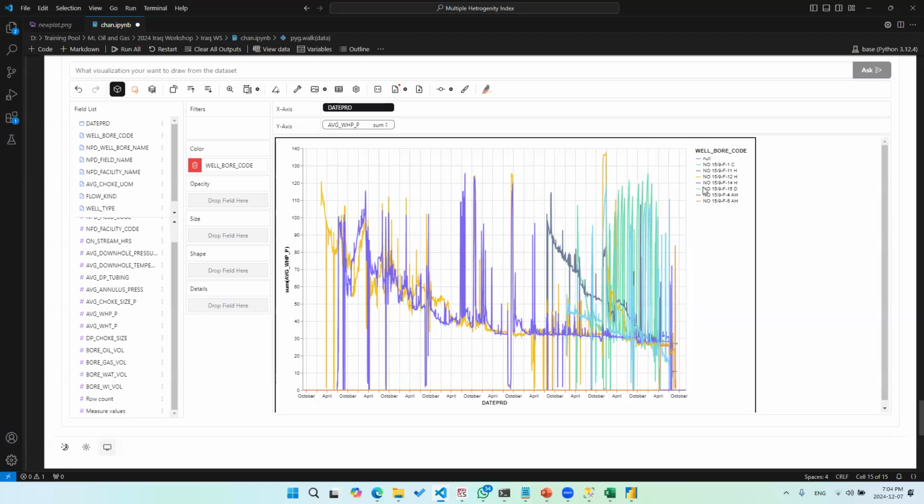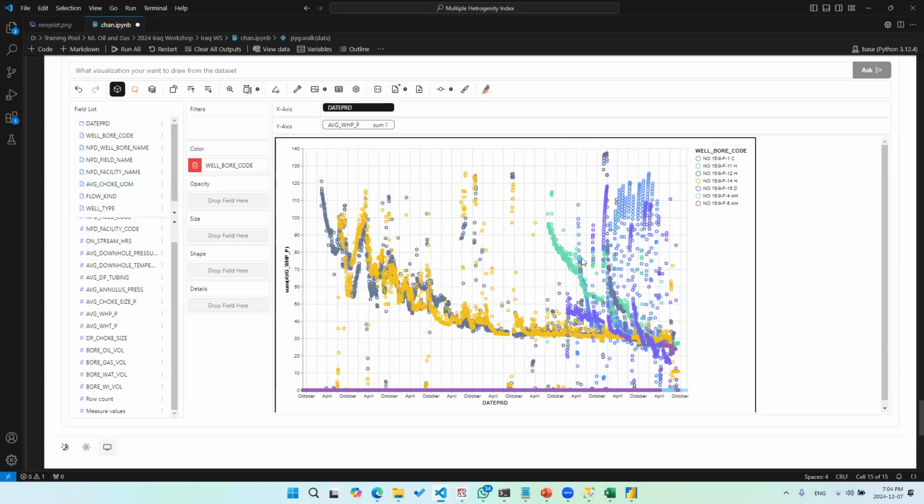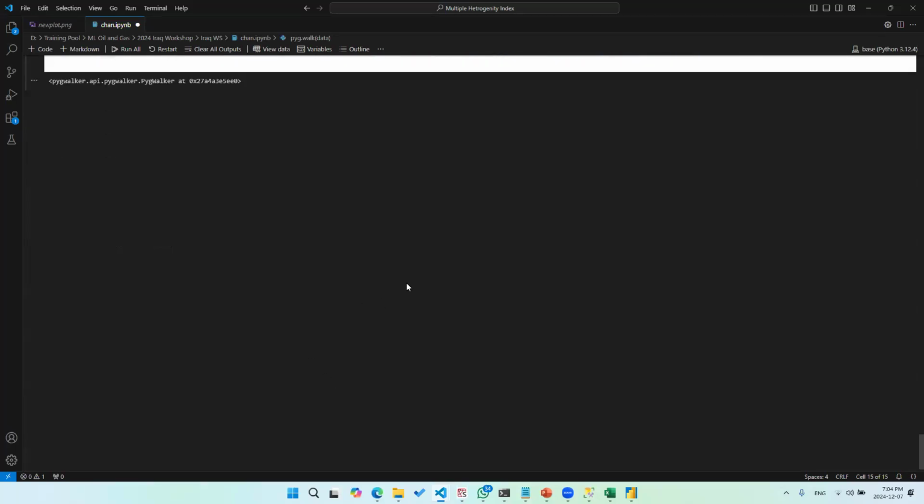Of course, you can select any well you want during the analysis. That's going to be used in the filter. You can change the chart type and the shape to anything you want. For example, you can use an area chart. An area chart can be a stacked chart, or it can be any transparent chart you want. You can use a scatter chart, just like this. This is all without even writing any code. Of course, you can write the code if you want to. So let me show you an example.